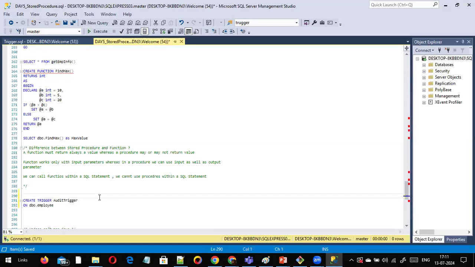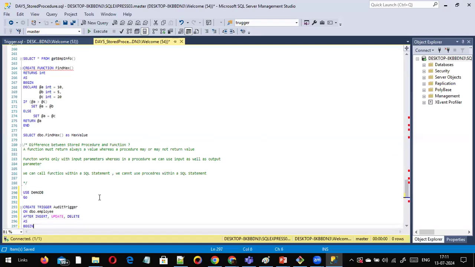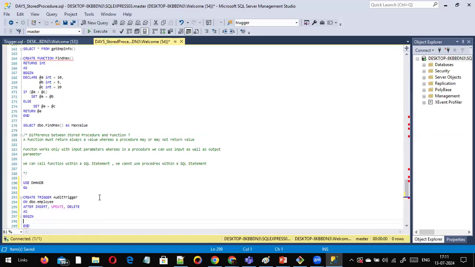Here use demo db, go. And here CREATE TRIGGER, name, ON dbo.employee AFTER INSERT, UPDATE, DELETE AS BEGIN END. And here I'm going to use insert into